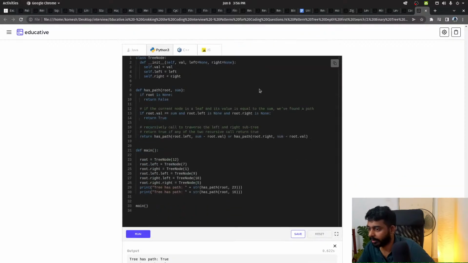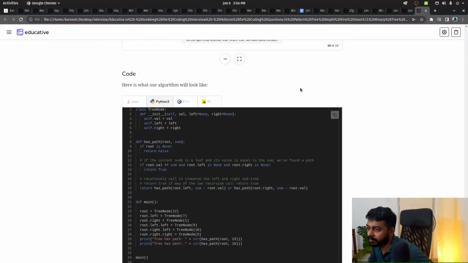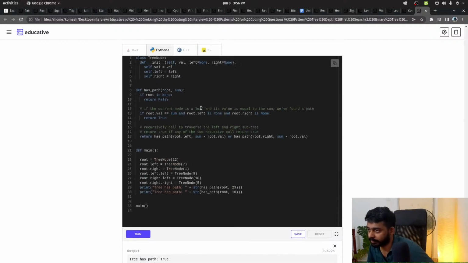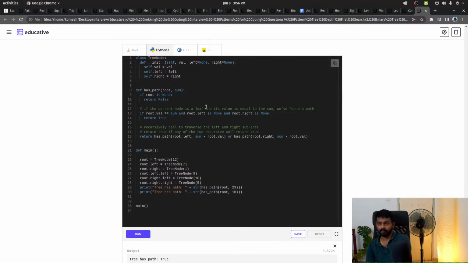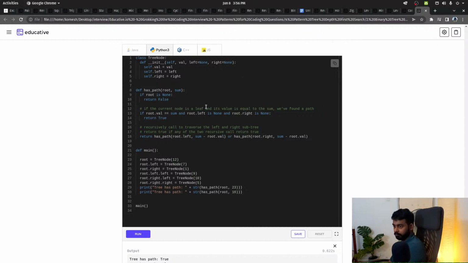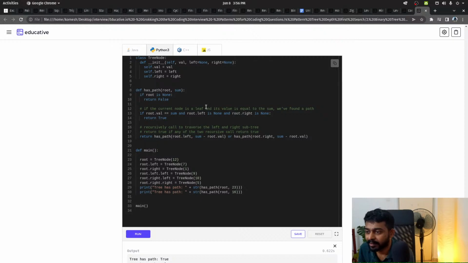Keep on doing that until, so this is basically tree node has path sum. Okay, so if root is none, return false. And root dot left minus root dot, well, or